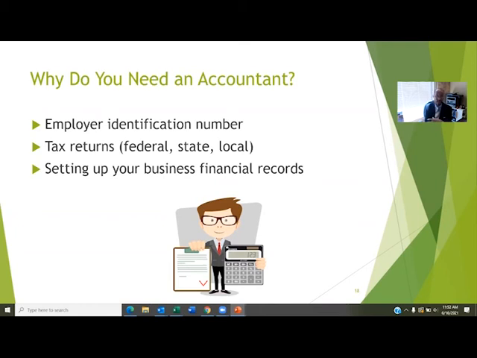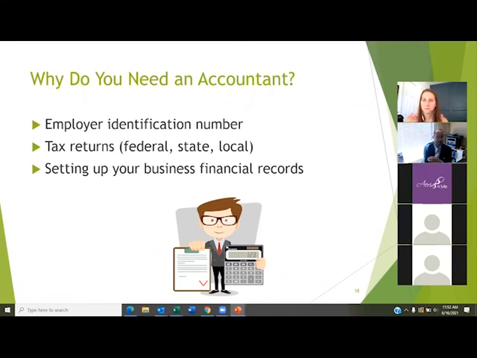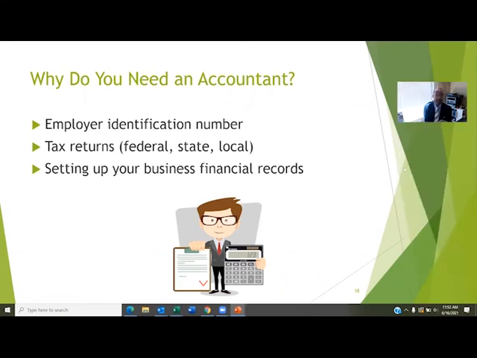They'll walk you through the sales tax requirements, everything like that, how to set up your systems to properly account for everything. Because the last thing you need as a business operator is, everything is going great according to plan, you're making money, but your books are slipping, or you don't have any books at all in the worst case. And then it comes tax time, and you're going to be in for a world of hurt trying to comply with what's necessary. So the best thing to do is have that conversation before that money starts rolling in, so that you know where it's going and you have a system in place to keep track of it